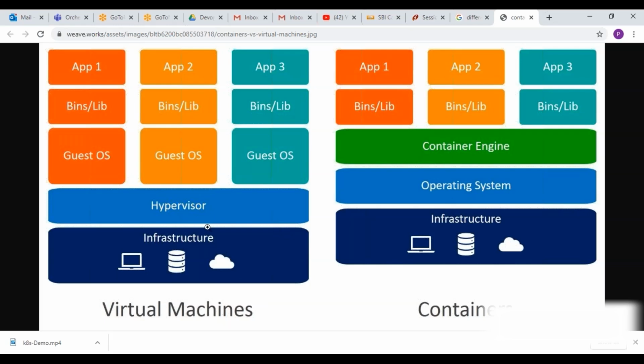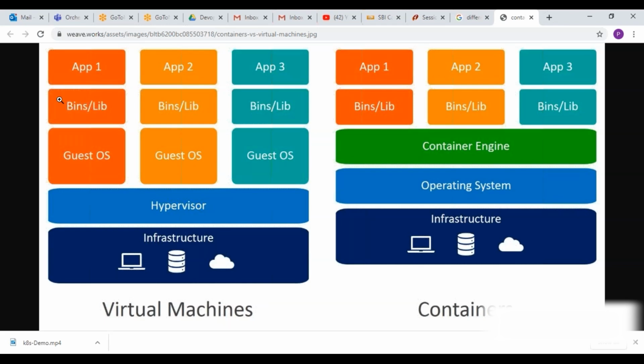And this is the container. Here, this infrastructure means hardware. On top of that, you install the hypervisor and create the guest operating systems, three virtual machines. When you create a virtual machine, you take the ISO image, and that ISO image is completely loaded, maybe 1 GB or 2 GB of image content installed inside the machine. These are like independent machines. On top of that, you install the dependent binaries or libraries to run your application, whatever libraries or framework may be required.